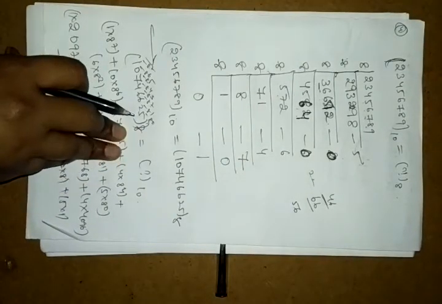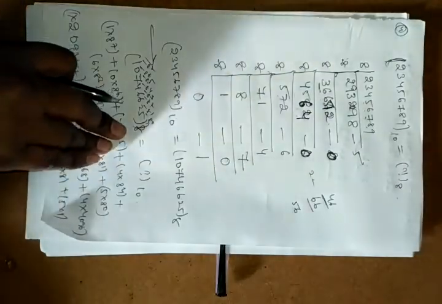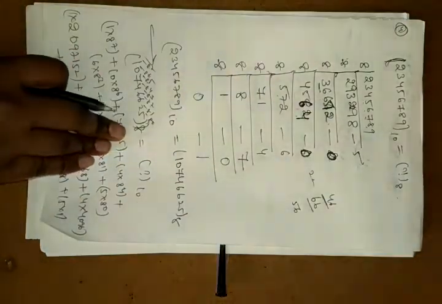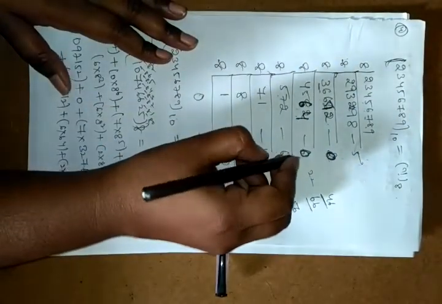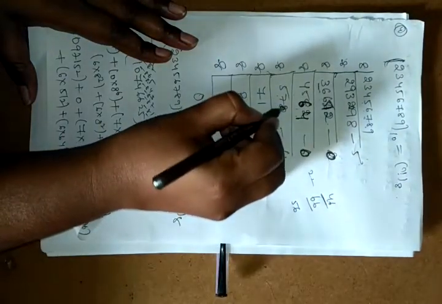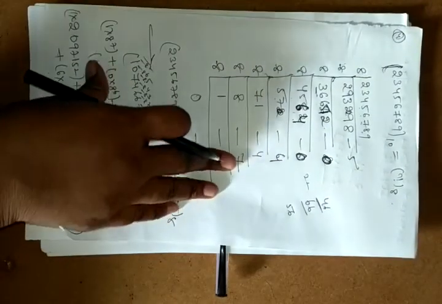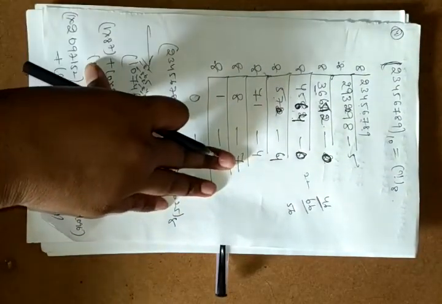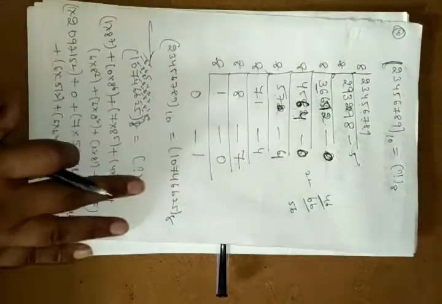See here. 57 into 8. How much will get? 456. Okay. But here 4 will be nothing. You need to take like some point of 0 like this. Okay. So means here directly you can write the 4 here. So we'll get. Okay. We'll get the 456. Okay. 456. We have 4. We have the 4.